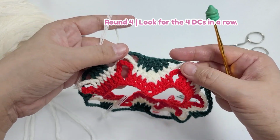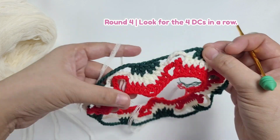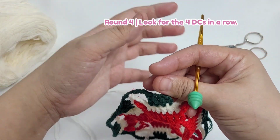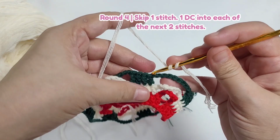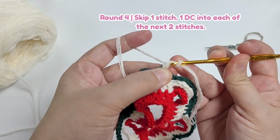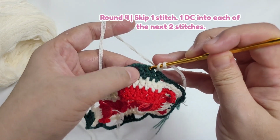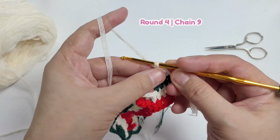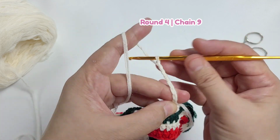Okay, so the next thing that we're going to do is we're going to find our 4 individual double crochets in there. So you can start at any 4 individual double crochet. So I'm going to start right here, and I'm going to do the standing double crochet, but you can do chain 3 if you want. So this time we're going to work into the next stitch. We're going to work 1 double crochet, 1 double crochet into the next, and then we're going to work chain 9. 2, 3, 4, 5, 6, 7, 8, 9,